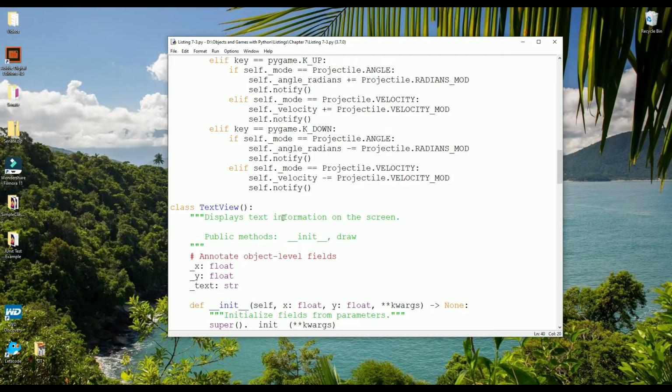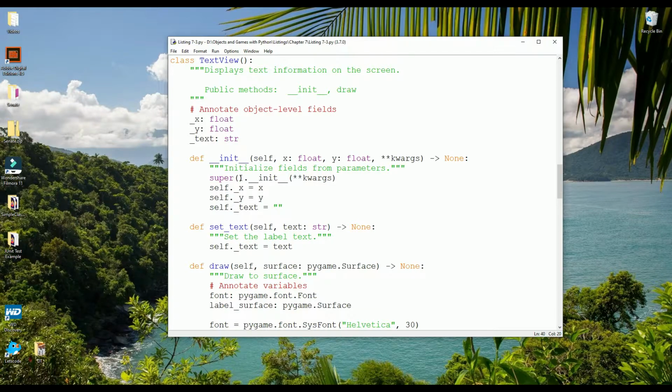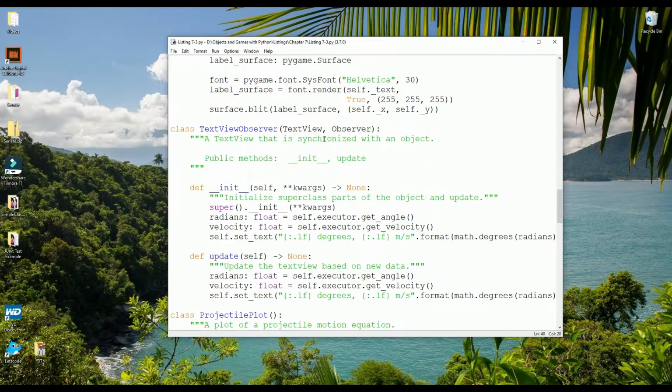For the text view observer, there is a text view superclass that displays information to the screen as text. The class could be quite general, but to keep it as simple as possible, we will use a default font size and color, and allow customization of the text that is displayed and the location of the text view. It has a draw method responsible for blitting the text surface to the parameter surface. Because this is part of a multiple inheritance hierarchy, it invokes the superclass initializer and passes the kwargs parameter to the initializer. We then subclass both text view and observer to create the text view observer, which will change the